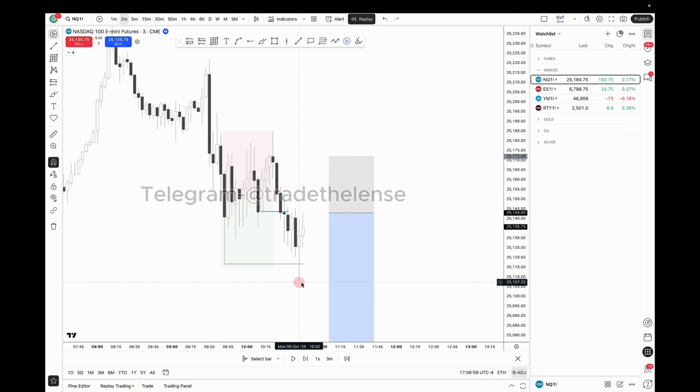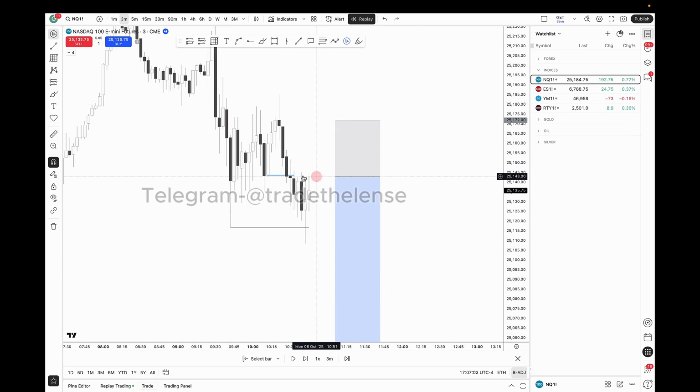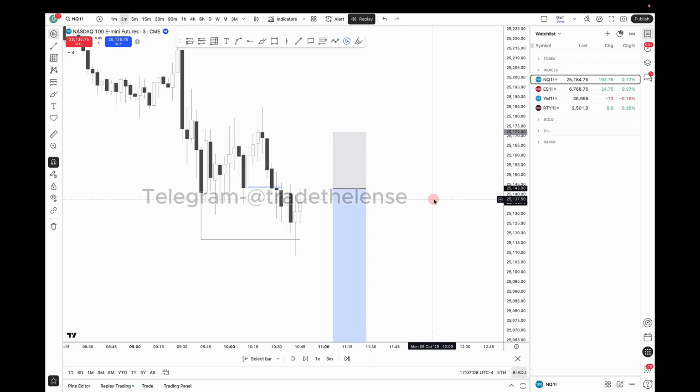So we can take the same logic of advanced premium discount, right? While this asset's below the range low, the other asset's in premium. That's not good for me to take this trade, bro. It's really bad. So I already know this. When I see that, I'm like, fuck, you know.